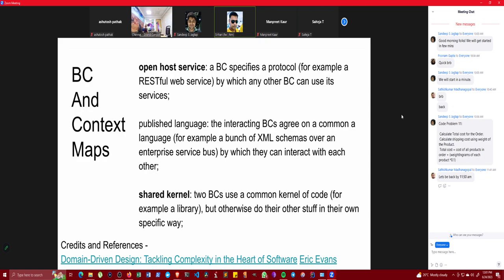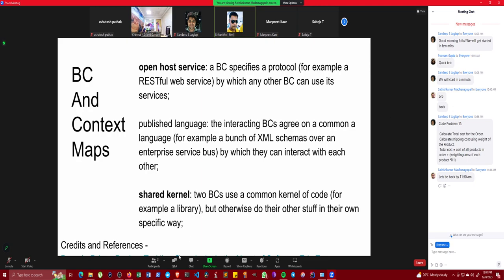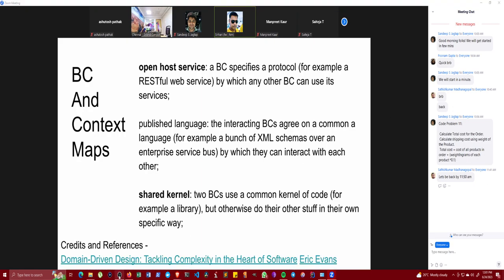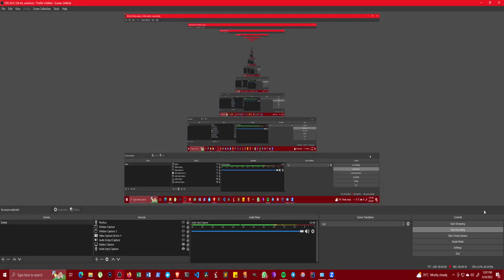When two bounded contexts or even two teams want to use one service of another or get benefit out of something, you're doing that for reusability. You want to keep it DRY, you don't want to do the same thing twice. It's better that the team that knows the particular domain or subdomain, the expertise, does it. So the whole thing is about your service being consumed by someone, and they need all the information to consume it. They need to know